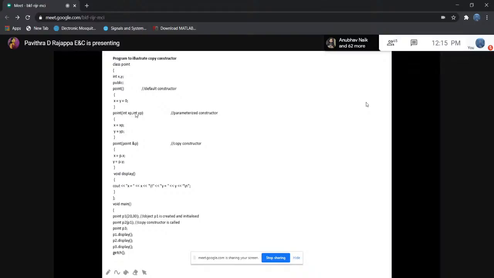Then I have the copy constructor, where it copies the objects present. That is, p is an object, so it points to the ampersand, the address of this object. So the address of the object we have to take because we are doing call by reference, not call by value. Okay.